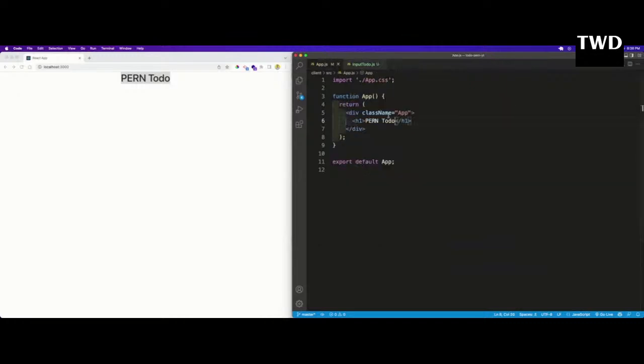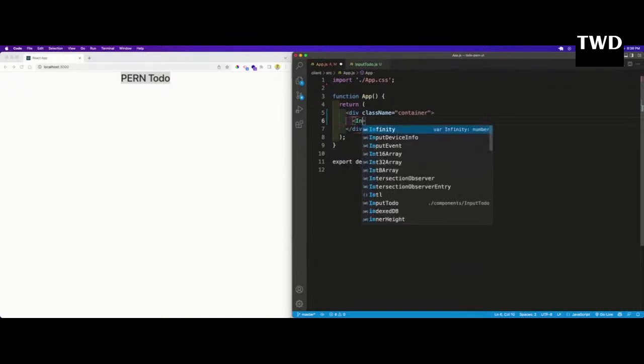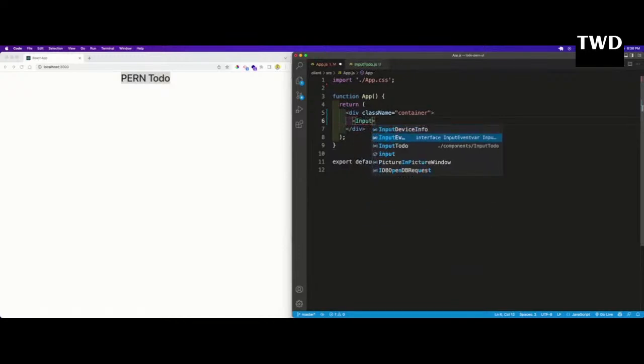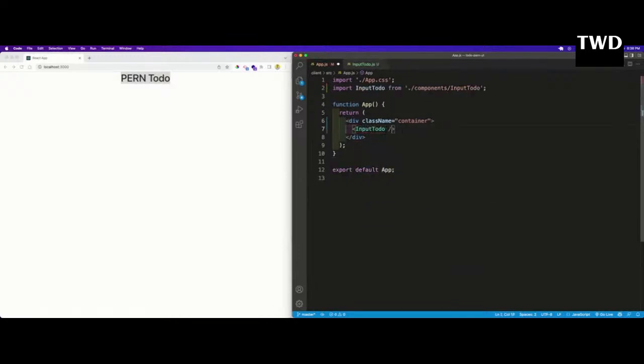we are going to add this here, and we'll add the bootstrap class of container also, which gives this nice container of 80% width and all those things. And then we'll have the input to do, add it like this, and then save it. So input to do will come like this. Nice, these things will be there. Now we can enter anything here, and